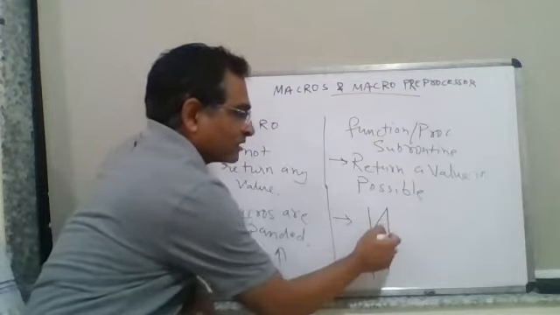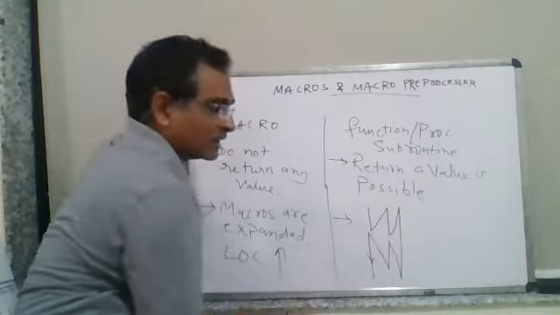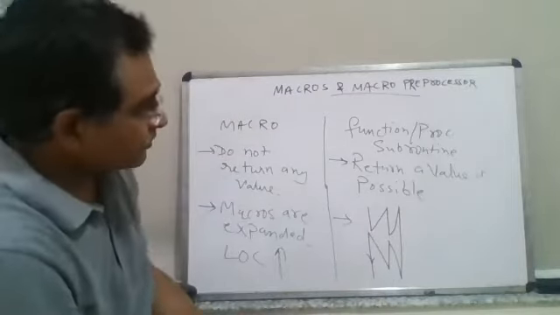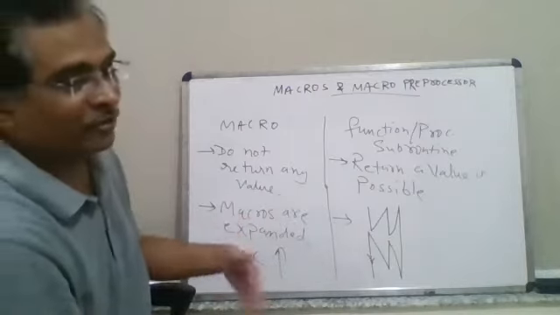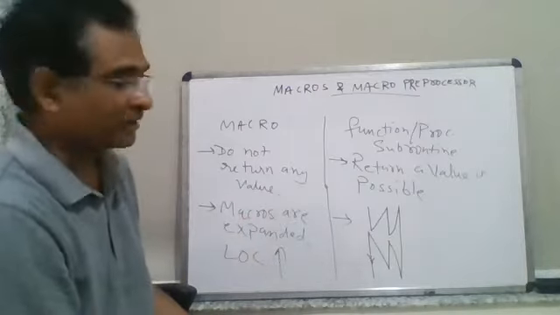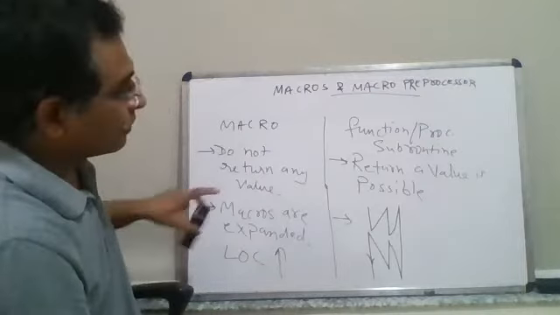And it could be recursive functions also. In this way also it could be there. So different types of internal functions and other things would be there. That does not mean that macros cannot have looping. Macros can also have looping within themselves. So all those things we will see.